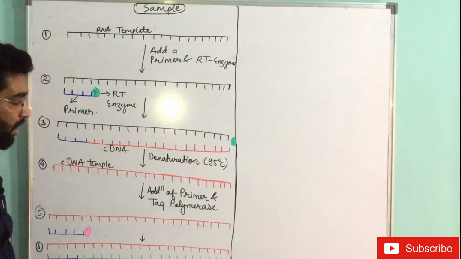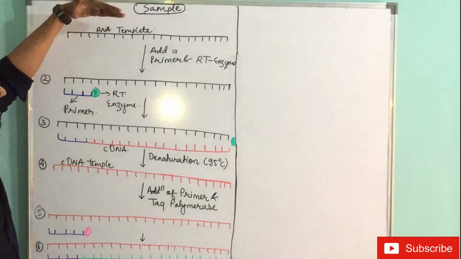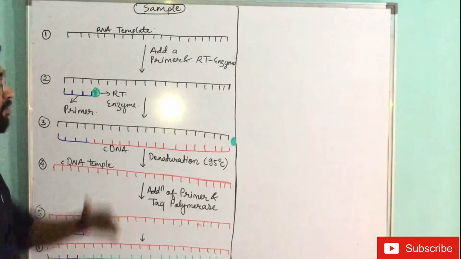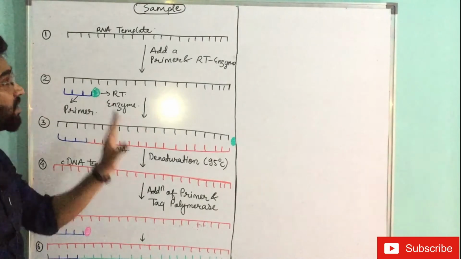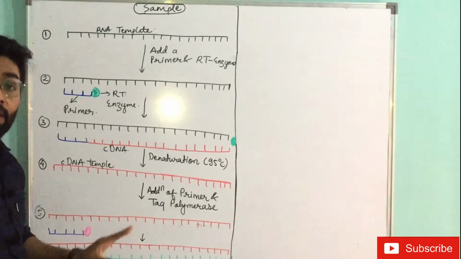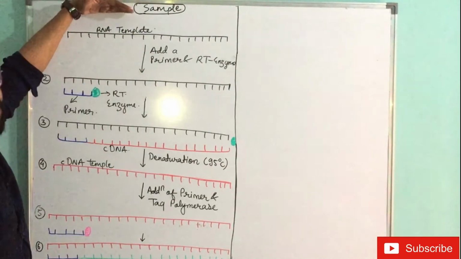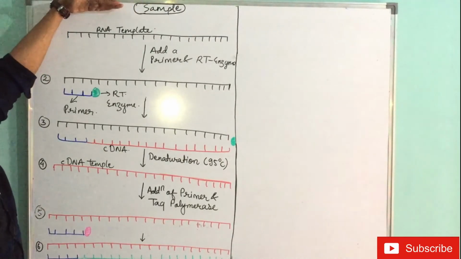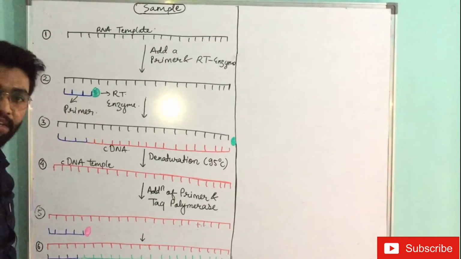Okay, so if this RNA was of coronavirus, then its sequence must be present in this DNA, because this DNA has been obtained from this RNA. But still we don't know whether this RNA consists of the coronavirus sequence or not. So for this, the next process is done, which is real-time PCR. This was what? Reverse transcriptase PCR, where we convert RNA into DNA.